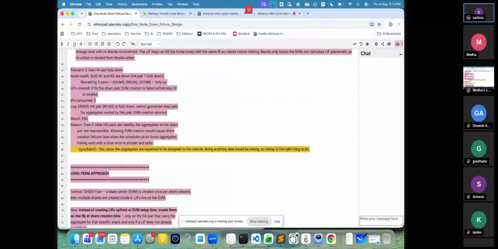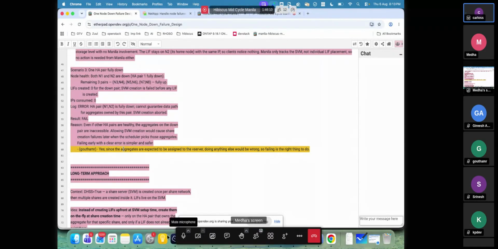Is the information from the port that is already available also part of the create share call? That's what I'm mostly concerned about. But yeah, I agree with Gotham. I think it's sane. Yes. Okay.